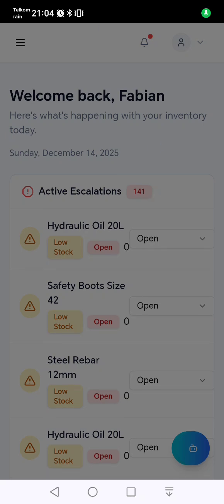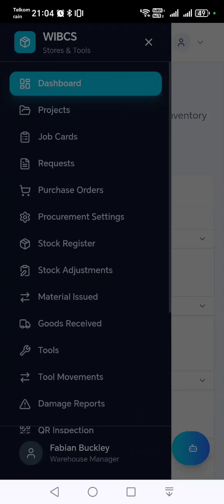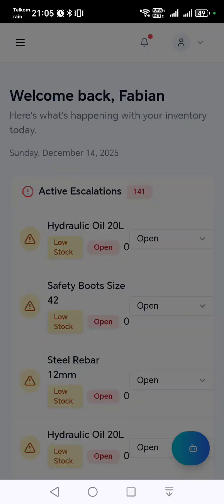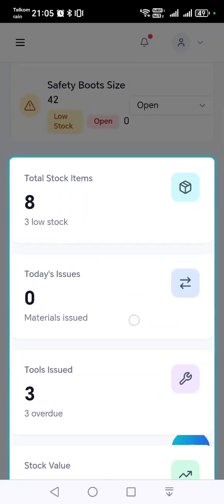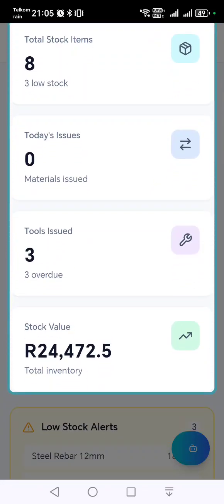I'd like to demonstrate another application which I've created. It's called the WIBCS Stores and Tools. This is basically an application I've created to manage stores, warehouse materials, tools, PPE, damage reports, etc. So you'd identify that this is just a dashboard to indicate some total stock items, today's issued items, tools issued,